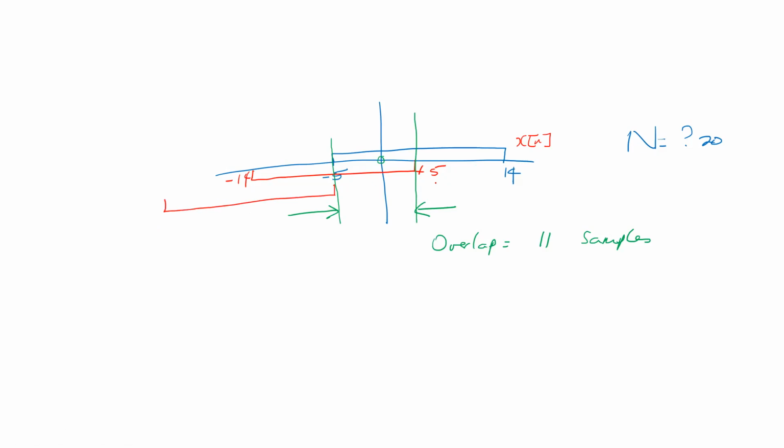right? So to do that, if the overlap is 11 samples, I have to shift this back 10 samples to get the first overlap, where this value here and this value here will be overlapping. So in other words, the index of the first value is going to be -10, right? And then we saw